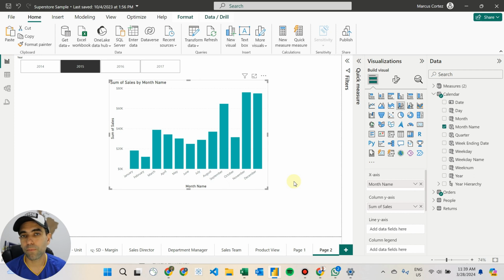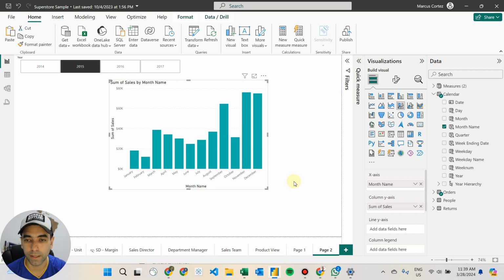And the first example I want to show you is to add the running total sales in here. Okay, that's very useful, especially when you look into sales, right? You want to see the trend month by month, but you also want to see the total sales for the year and how far you are from a target, right? If you're working with sales, you probably have a target or a goal you want to reach in that year. So having the cumulative total sales for the year is very, very useful,